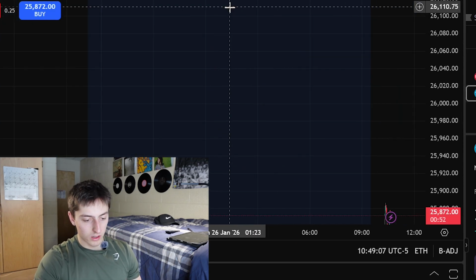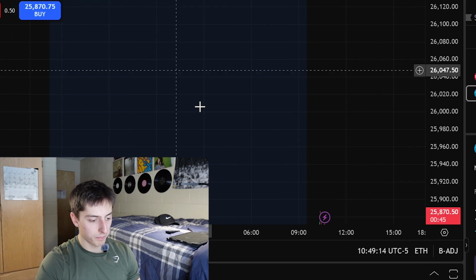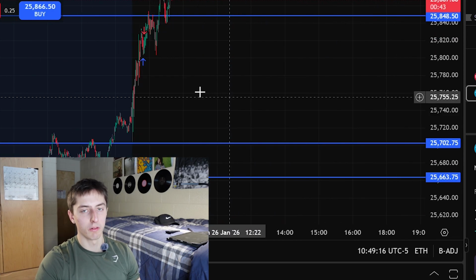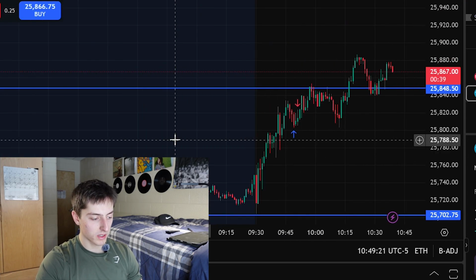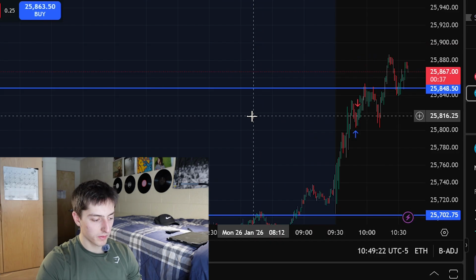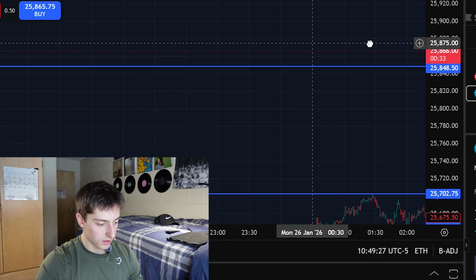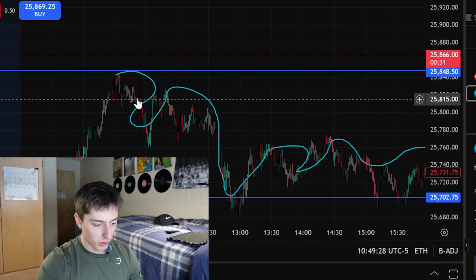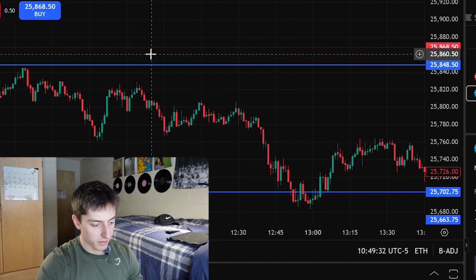All right, so break of structure. How do we notice potential break of structures? Well, a good one would be we look for liquidity sweeps. A liquidity sweep is essentially a wick. Okay, this is a good one right here. It's already been swept, but